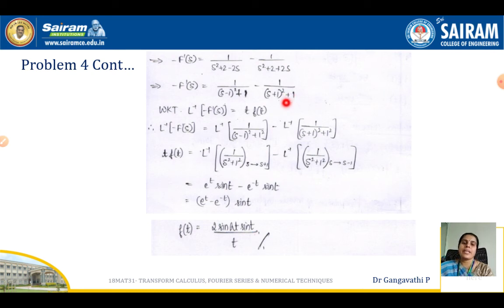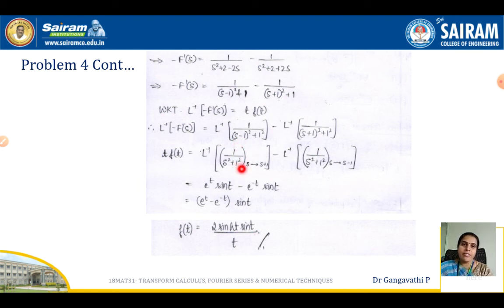So the purpose of doing this is to get the answer in a simple way, and it must be in one of the standard forms. So now L inverse of minus f dash of s is equal to t into f of t, which we know. So this side answer is t into f of t, and take L inverse for the entire expression. So we get this, and L inverse of minus f dash is t into f of t is equal to L inverse of this. It looks like a divided by s square plus a square, where s has been replaced by s minus 1. So it must be something related to a shifting property.